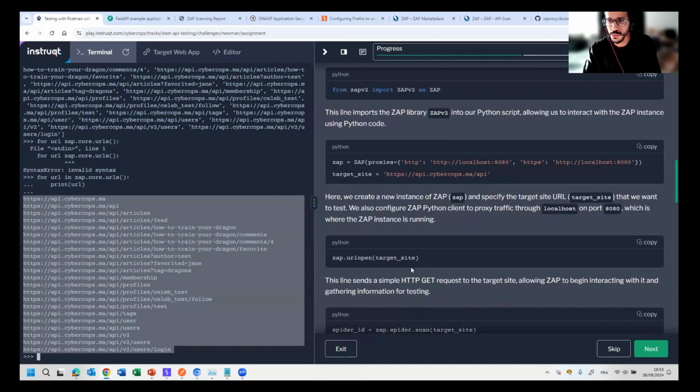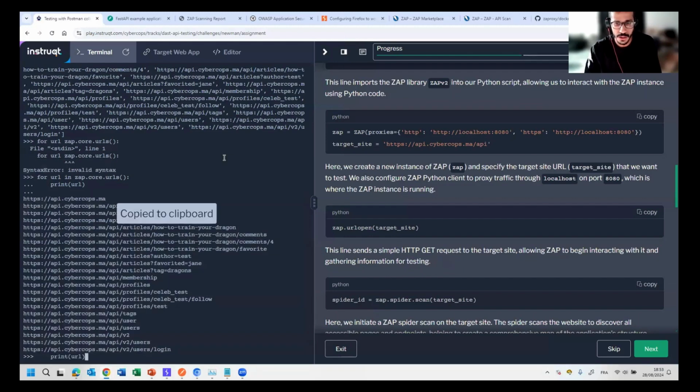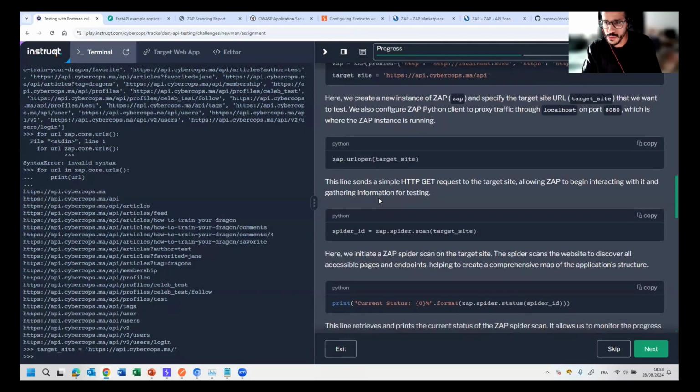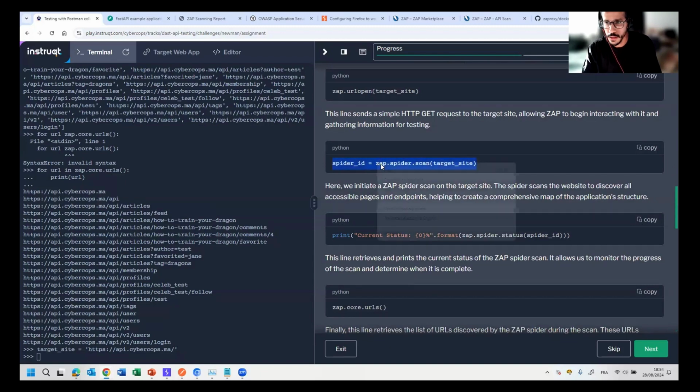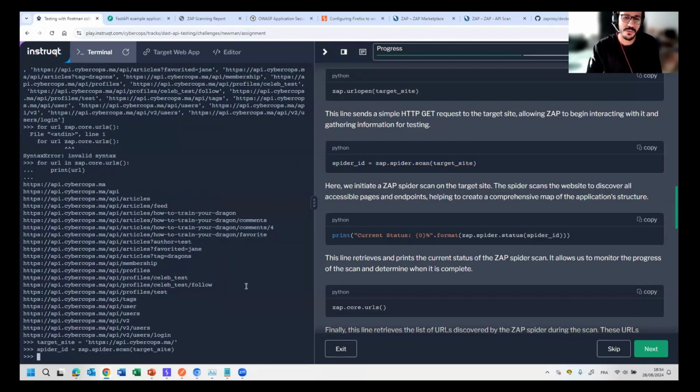So let's try to do this and see the results. I would just change a small thing here. So the spidering process again will try to identify more URLs. So this way, if we have missing stuff inside our Postman collection, Zap will try to guess it and